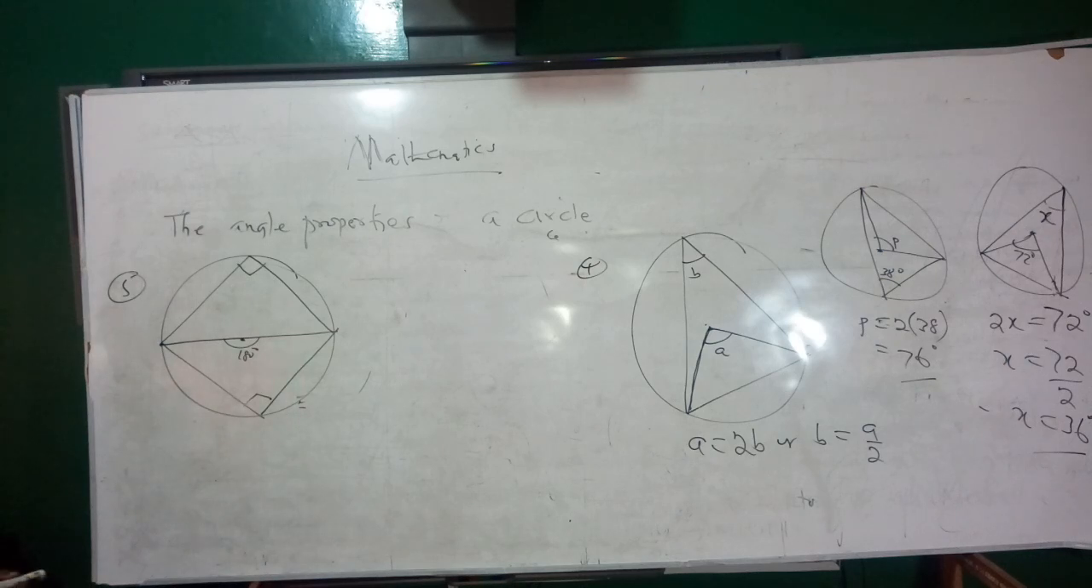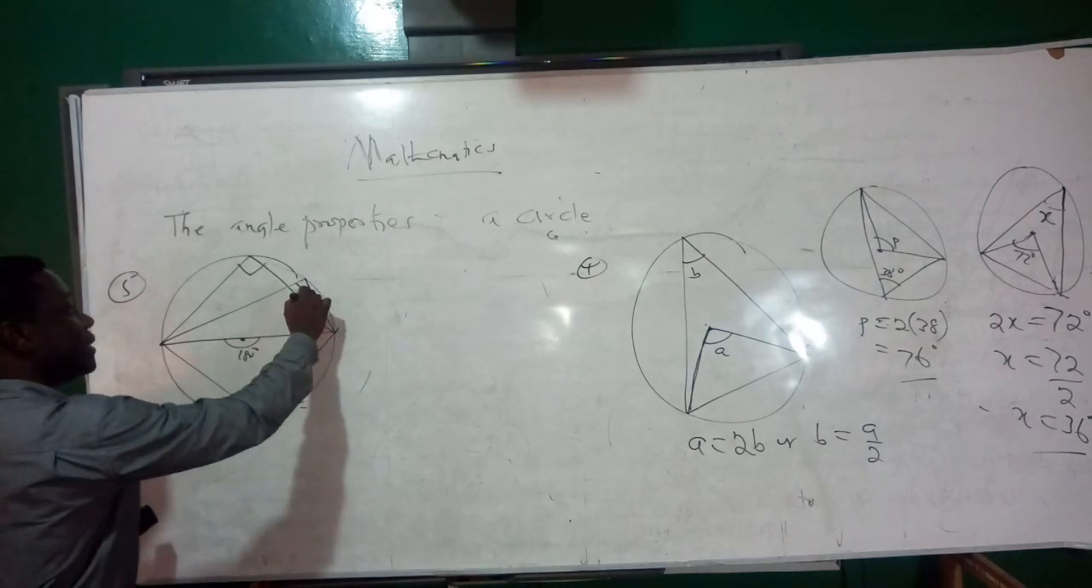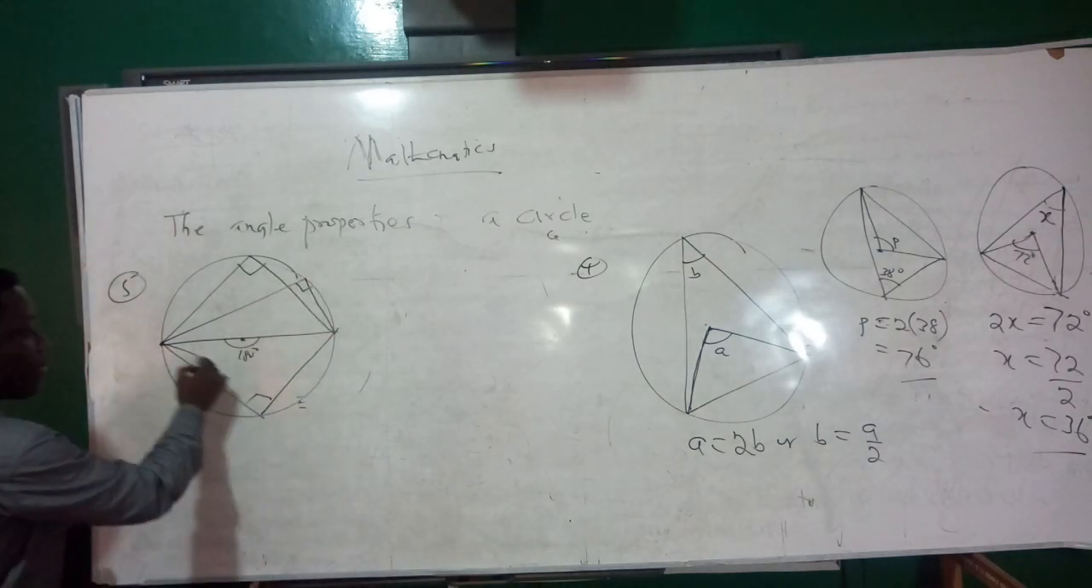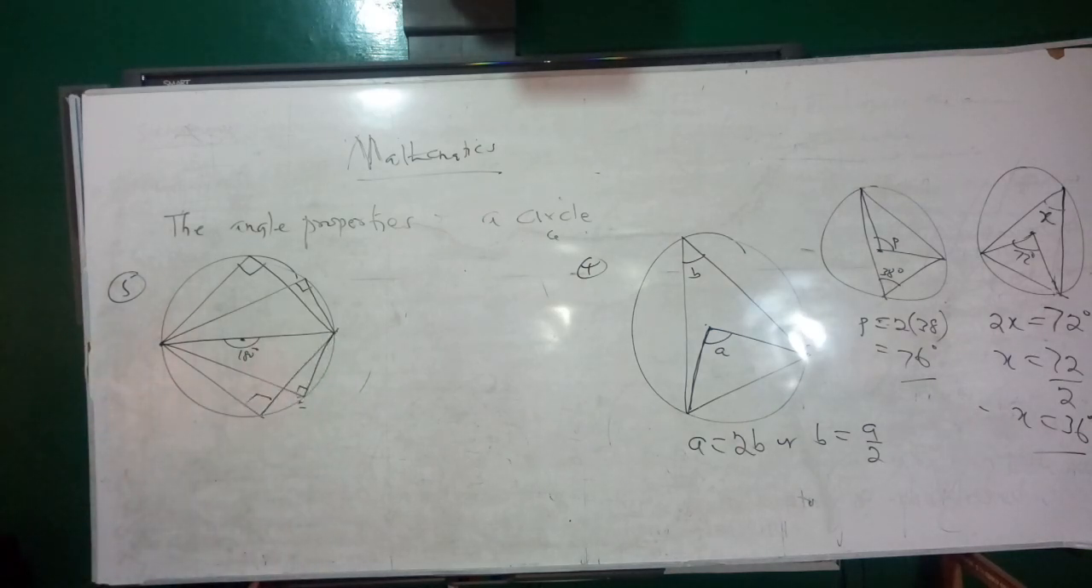So anytime a diameter forms an angle at the circumference, that angle is always 90 degrees. It doesn't matter where it is, you're always going to get your 90 degrees there. So that is the fifth property. I think this one you don't need any serious example,